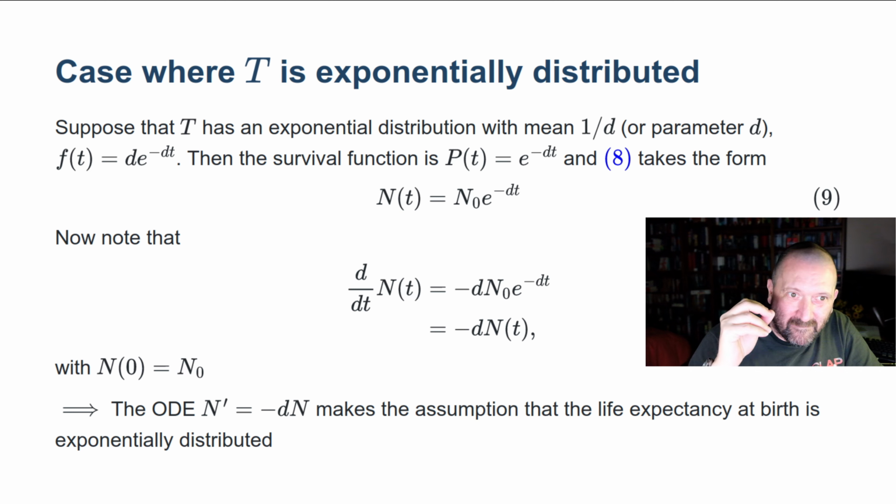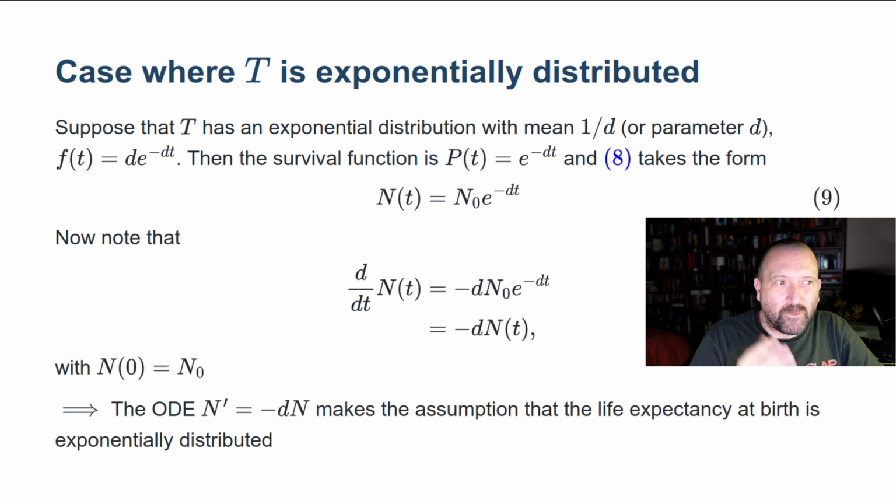But the underlying idea is that if I were able to identify individuals in the population and I looked at them, I would observe that their time of sojourn, their lifetime, is exponentially distributed. So there is a probability distribution function underlying this differential equation,